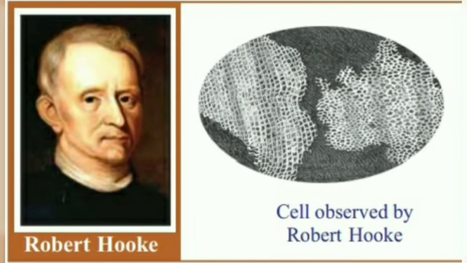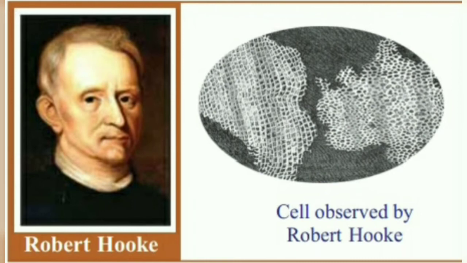This is Robert Hooke. Robert Hooke was the first scientist who observed cells with the help of a simple microscope. He observed the section of cork through a microscope and called the tiny chamber seen in the section cell. Here's a picture of cell observed by Robert Hooke. Study of the cell is an extensive branch of science which is rapidly developing nowadays. It is known as cell biology.